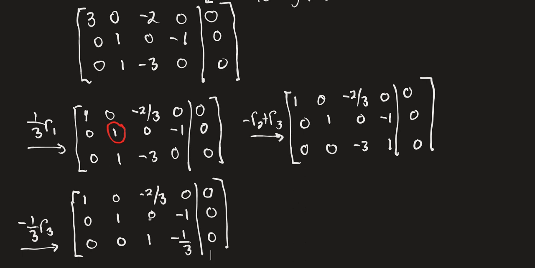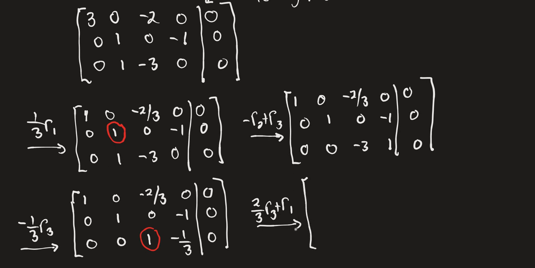All right. And this was almost in RREF as it is, right? The only problem is that this entry here, so here are our 3 pivots. And we have zeros below this one, we have zeros below and above, so that's good, but we have a non-zero entry here above this pivot. So, well, let's use that pivot to get rid of that non-zero entry. So here's our last operation that we need to do. If I take 2/3 times row 3 and add it to row 1,